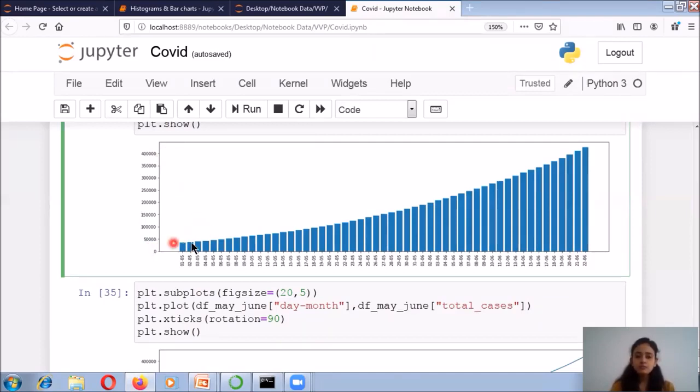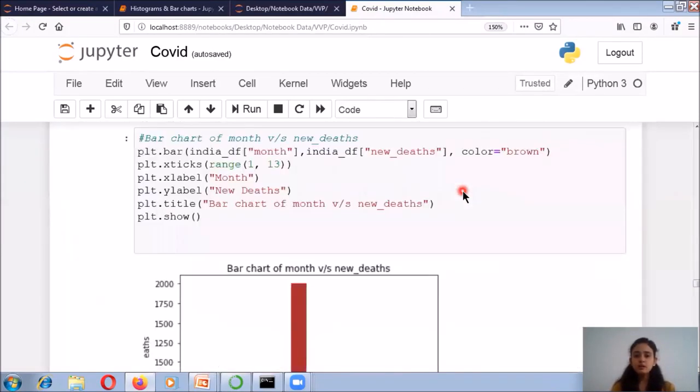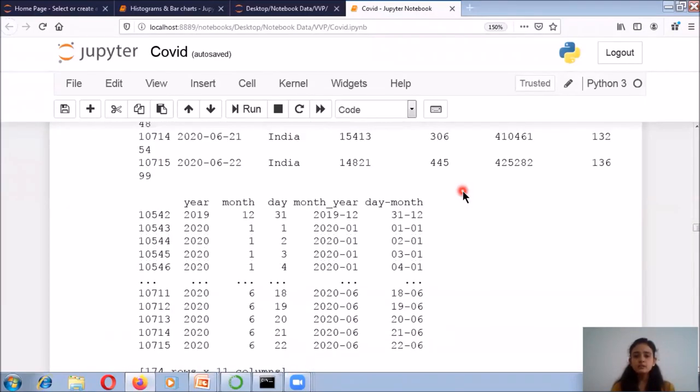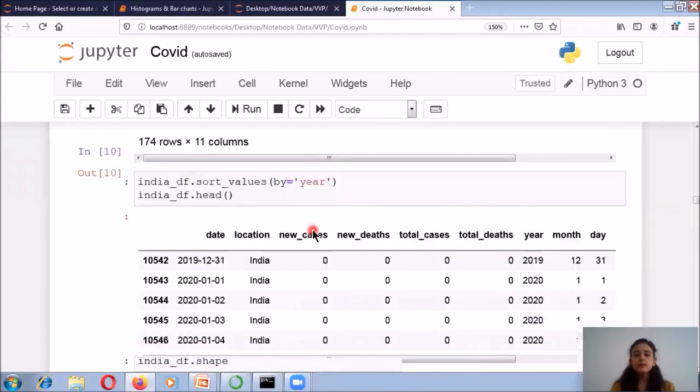So this is how I have analyzed the data. This coronavirus, that is the COVID-19 related data, is already available on different sites. If you search on Google for the data set related to COVID-19 cases, then you will get the data set easily. I have pre-processed all this data and seen what type of data is present in my data set.